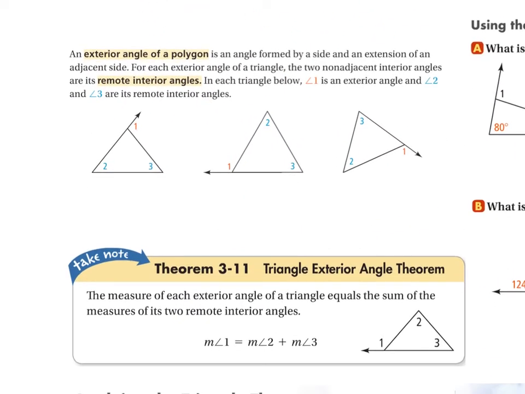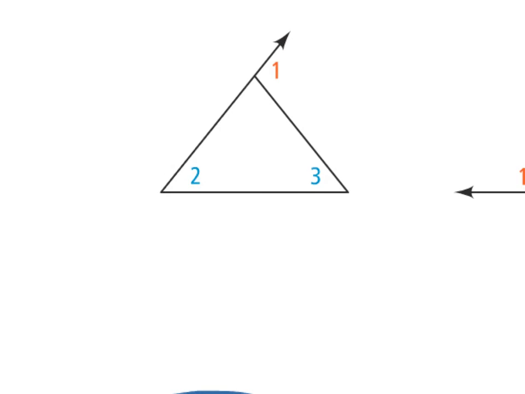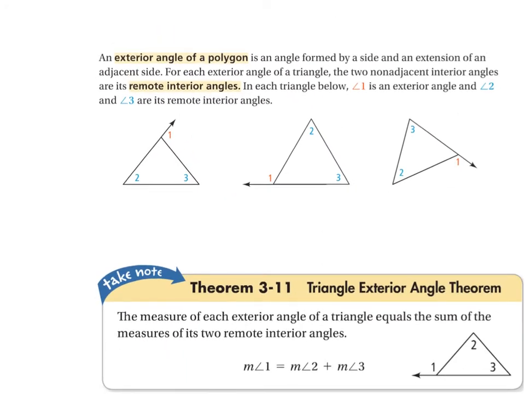Okay, this next part. The exterior angle of a polygon is formed by a side and an extension of an adjacent side. For each exterior angle of a triangle, there are two non-adjacent interior angles, called its remote interior angles, in each triangle below. Angle 1 is an exterior angle, and angles 2 and 3 are its remote interior angles. You'll see this on every single triangle, and there is a theorem that goes with them. If you forget them, that's okay, but it'll speed things up if you can remember them. So the red angle, angle 1, is the exterior angle, and angles 2 and 3 are the remote